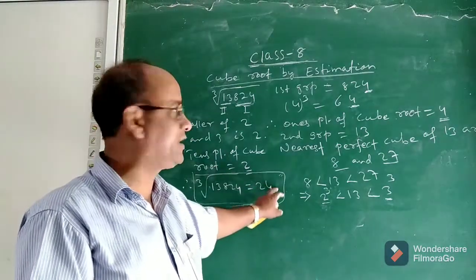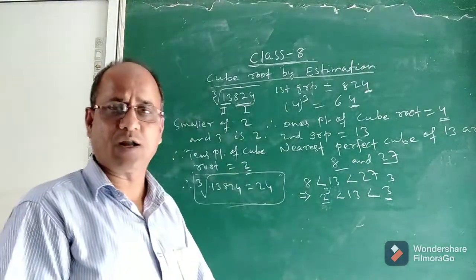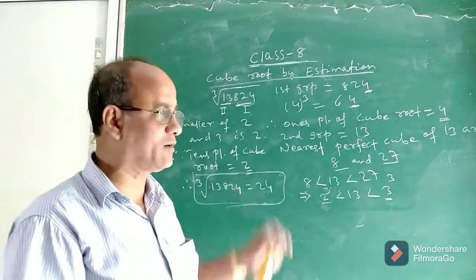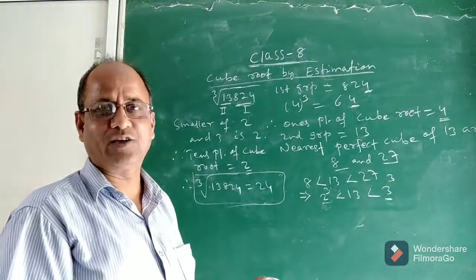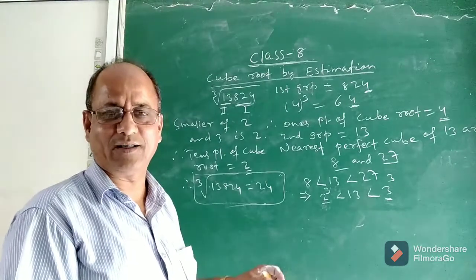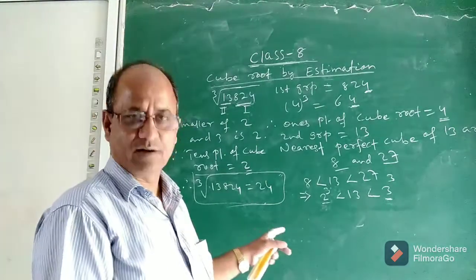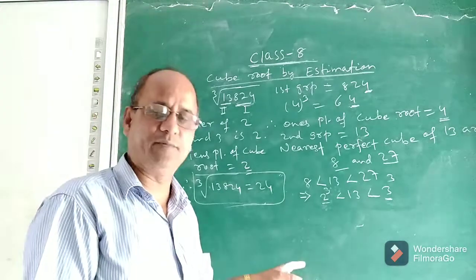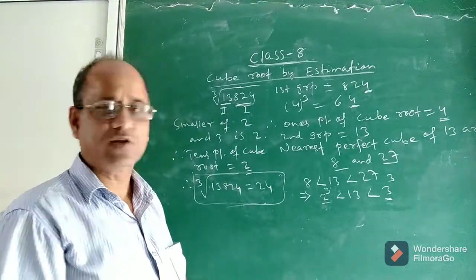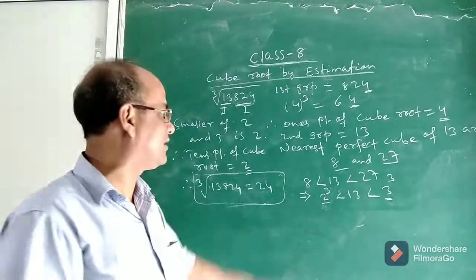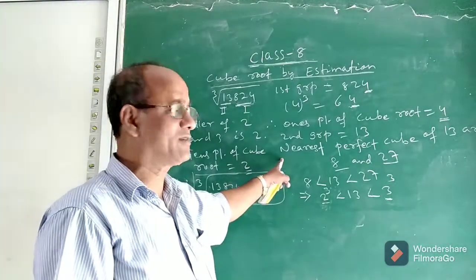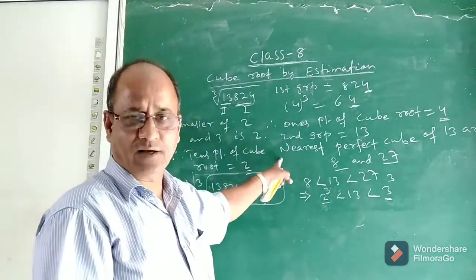So with this we completed which chapter? Cube root. Earlier I had completed square root, today I completed cube root, and your variation chapter, Chapter 4, is already completed in different classes. Direct variation and inverse variation have already been taught. So nearly 3 chapters I completed, including this. I will discuss some other new chapter in the next class.